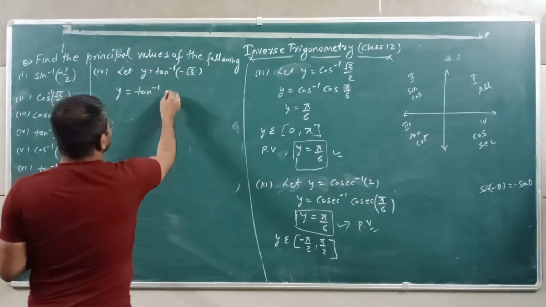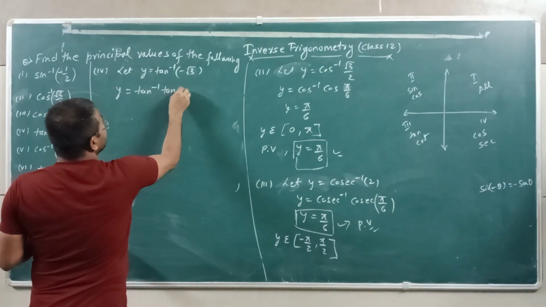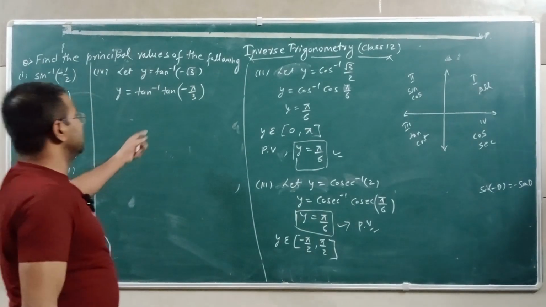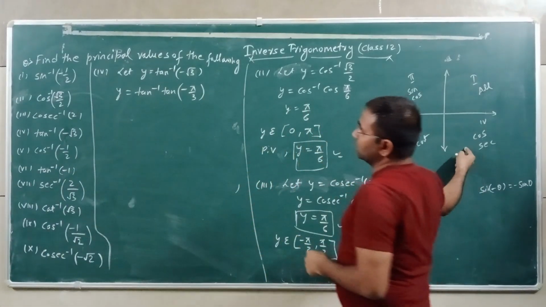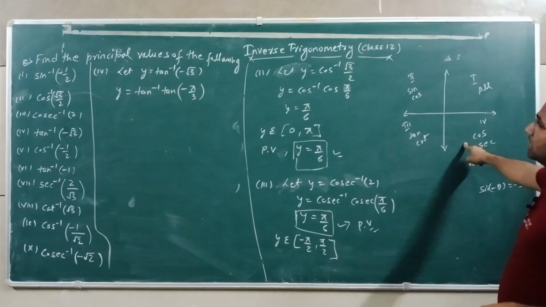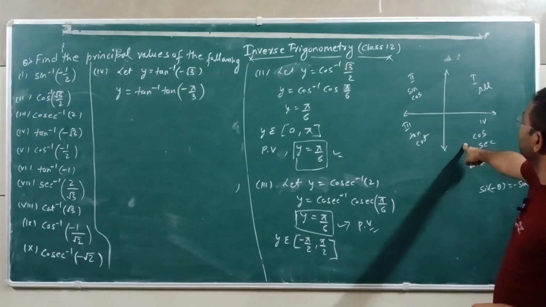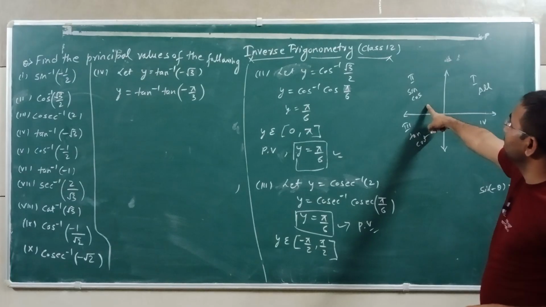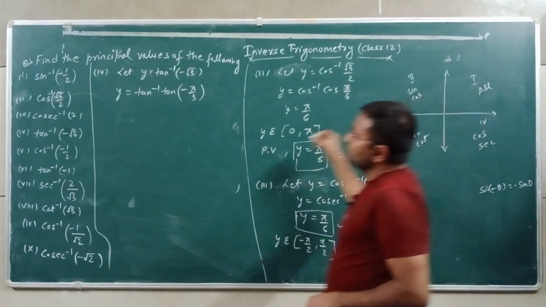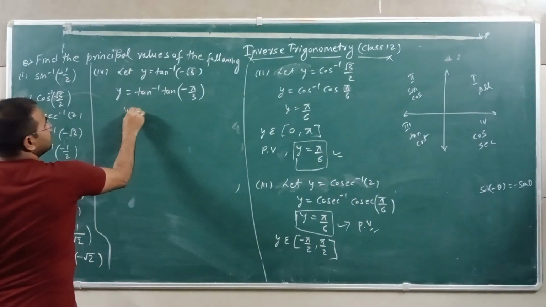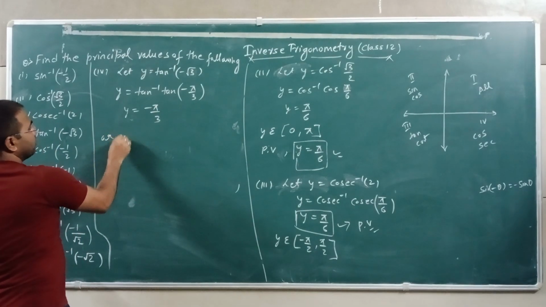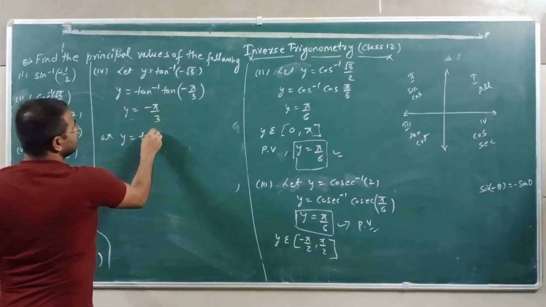Then this can be written as tan minus pi upon 3. As you know, minus indicates the fourth quadrant. In the fourth quadrant the tan value will be negative, or in the second quadrant you will also get negative. Then y can be written as minus pi upon 3,